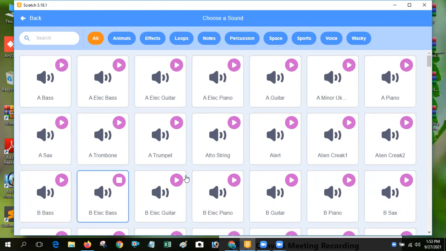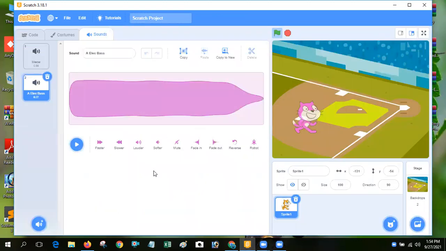Can you hear the sound? No, sir. No. Okay, no problem. Okay, so play drum, play sound until done, play sound. Okay, you can use it.